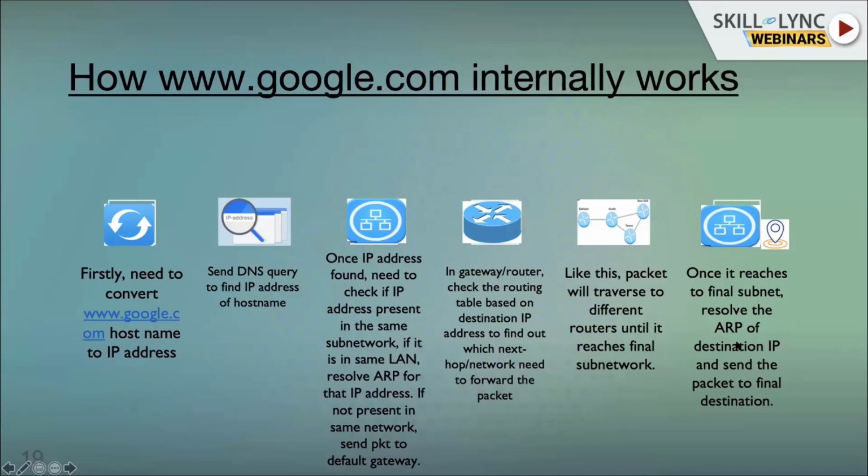Once it resolves the MAC, it sends the packet to the final destination. It reaches the final destination happily. So this is how the packet traverses whenever we use google.com. In this, there are different routers, features and the host, and different companies will be working on this.